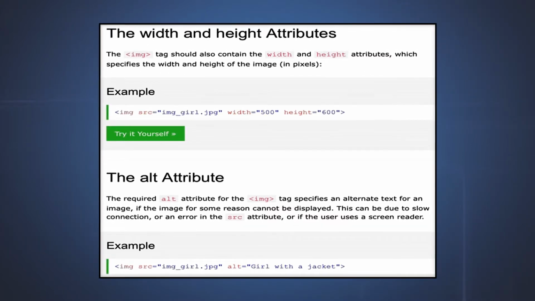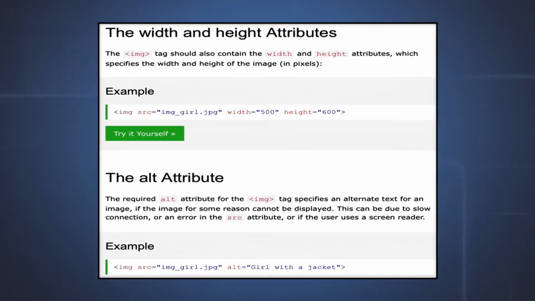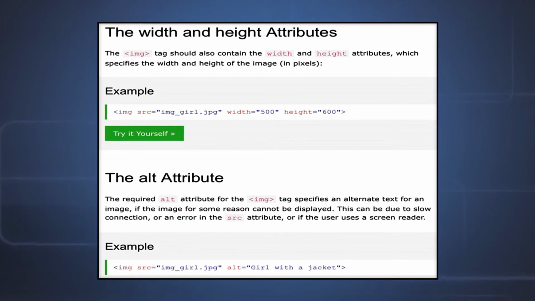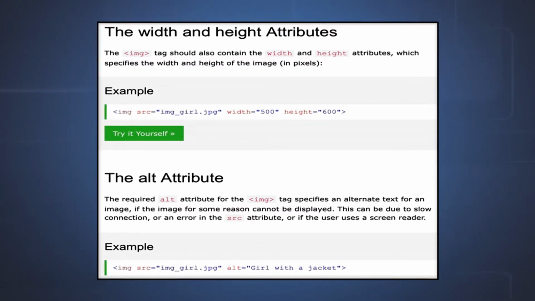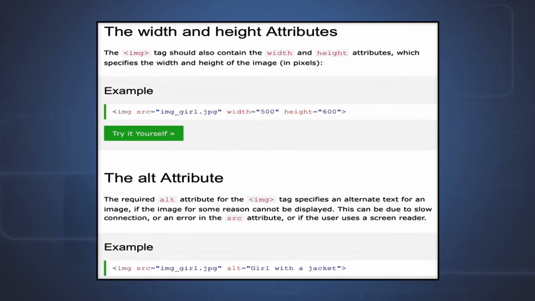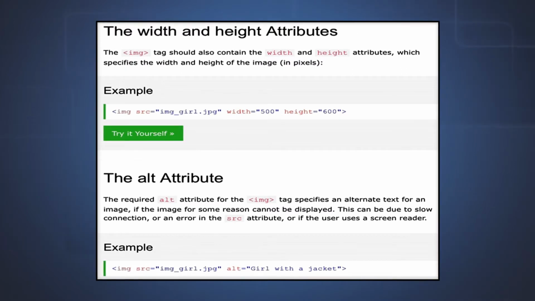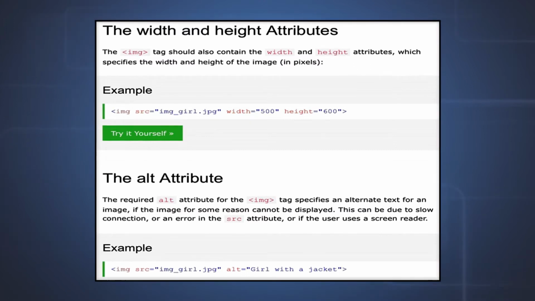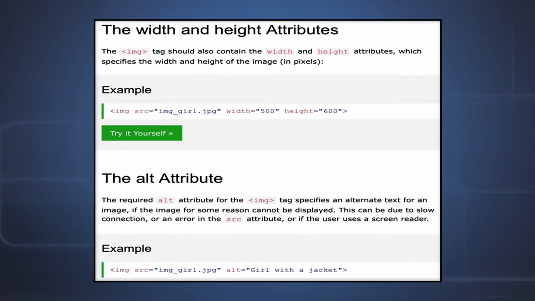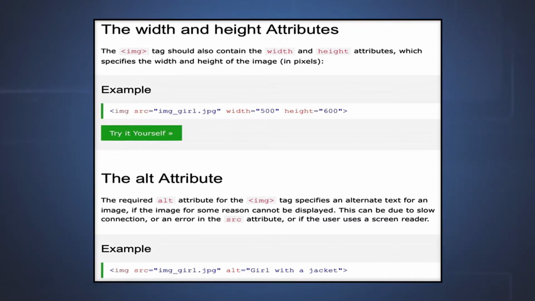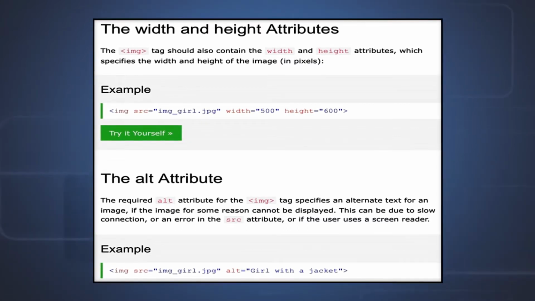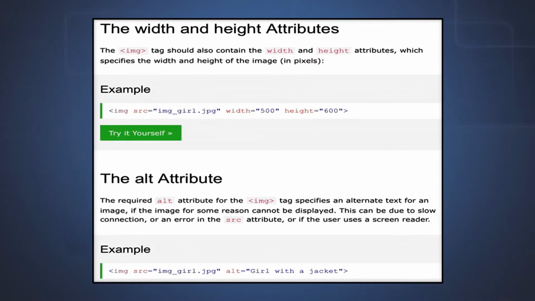Now suppose the browser doesn't want to display images due to the settings it is having, then we need to specify the text that needs to be displayed instead of the image. For that we will be using the ALT attribute. So the ALT attribute will have some text indicated. That text will be displayed when the corresponding image tag is not functional or the image is not present or the image is not permitted to be displayed.